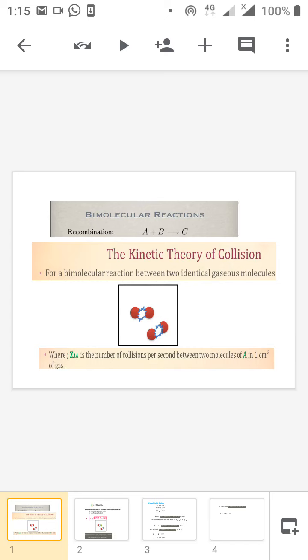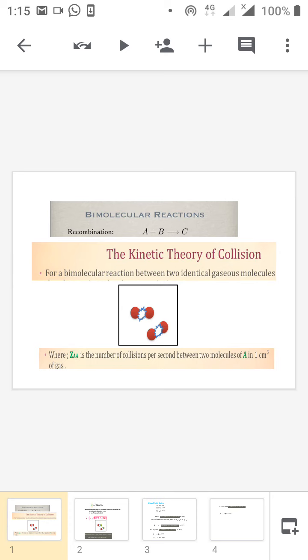Good morning, everybody. Today we are discussing the next topic, that is the derivation of the rate constant of a bimolecular second order reaction from collision theory. According to this theory, consider a second order reaction having two different types of reactant, A and B, to give the product C.